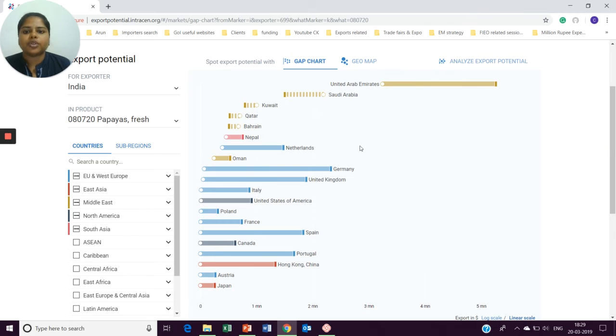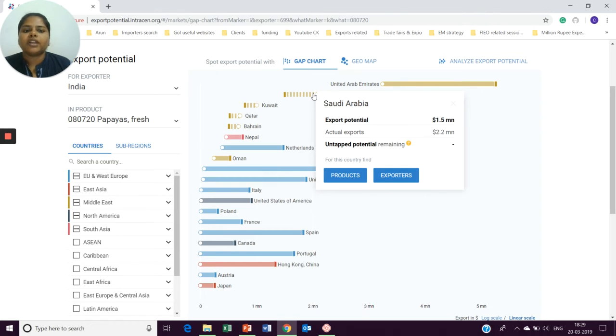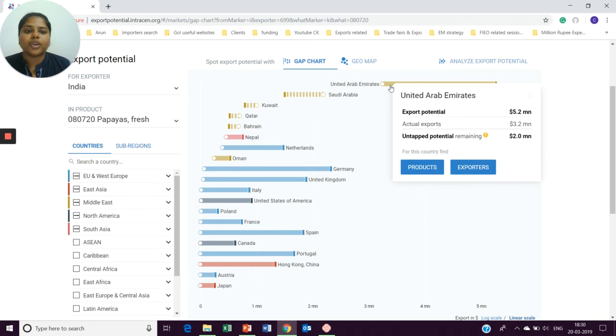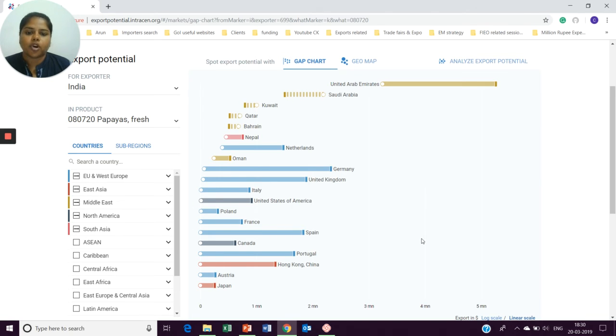Here also it divides into export potential and actual exports, how the exports are happening at the moment. If papayas are getting exported to Saudi Arabia and Kuwait at the moment in good quantities, definitely we have almost oversaturated the market, and new exporters will also try to export the same product. Then, just to get the order, they will go for credit based sales. So this will put stress on the exports. So here you can see that UAE presents a good option.